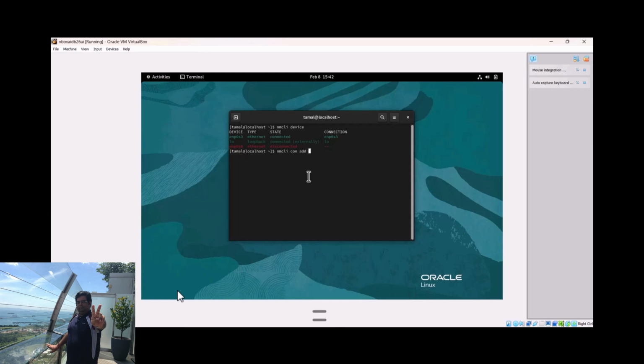In order to enable this particular one, first we need to associate a static IP address with it. The IP address is the one that I noted down previously. So I'm going to give the command nmcli con add type ethernet. What was the name of the connection? Oracle Net. For ifname, I am going to select this S8